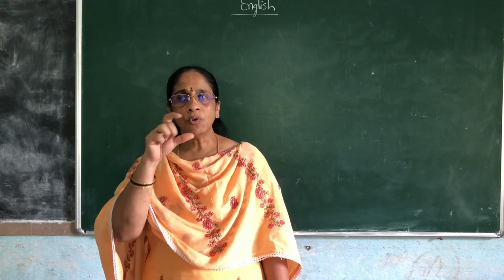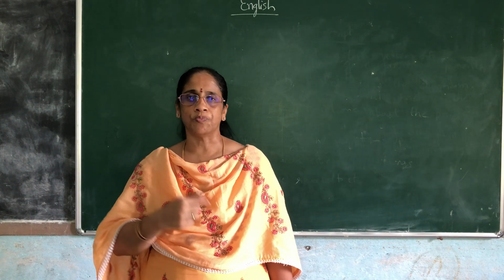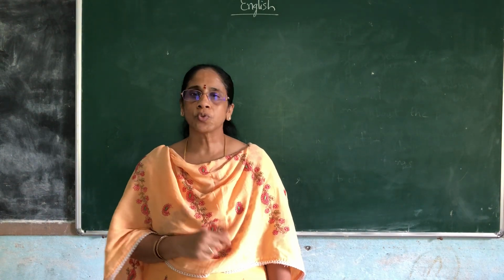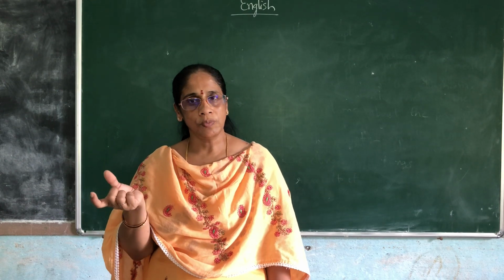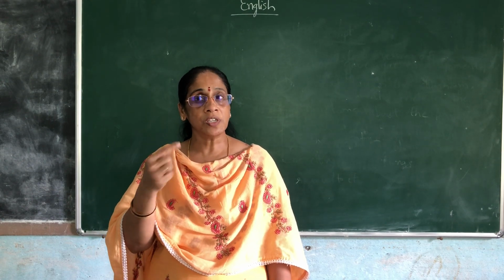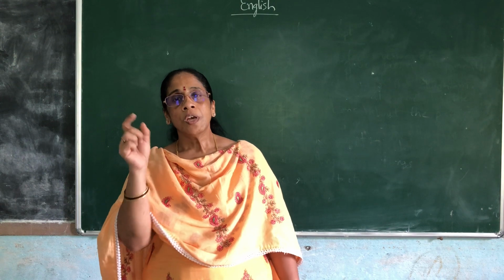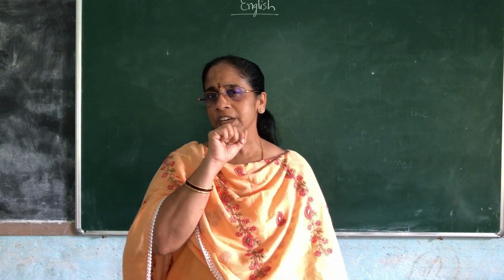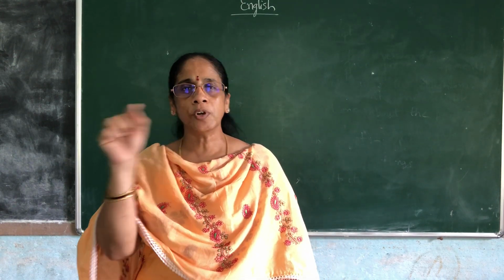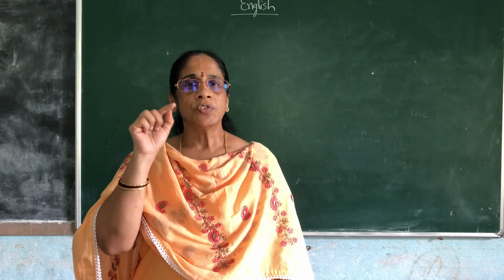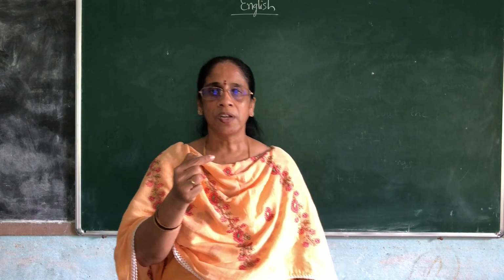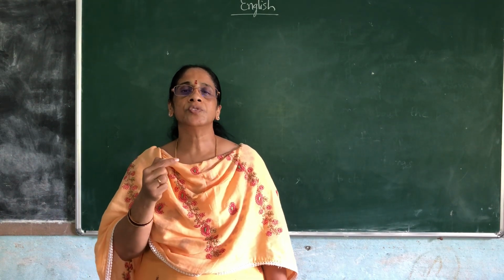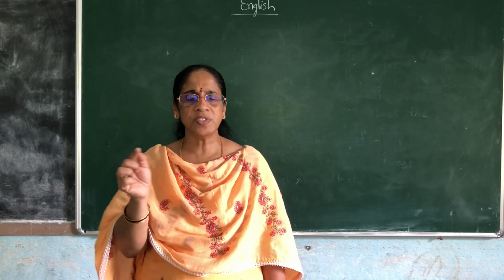Okay. So how to write this question tag is just as I gave you. Are you coming to school at 2? So this is one sentence. Are you coming to school? Aren't you? That is, I am trying to confirm whether he is coming or not. So what are the words I used to make the question tag here? Aren't you is the question tag. Are you coming is there. So a helping verb you should use, the auxiliary are is there. And the pronoun or the noun which is used is you. Aren't you? Are you is there.